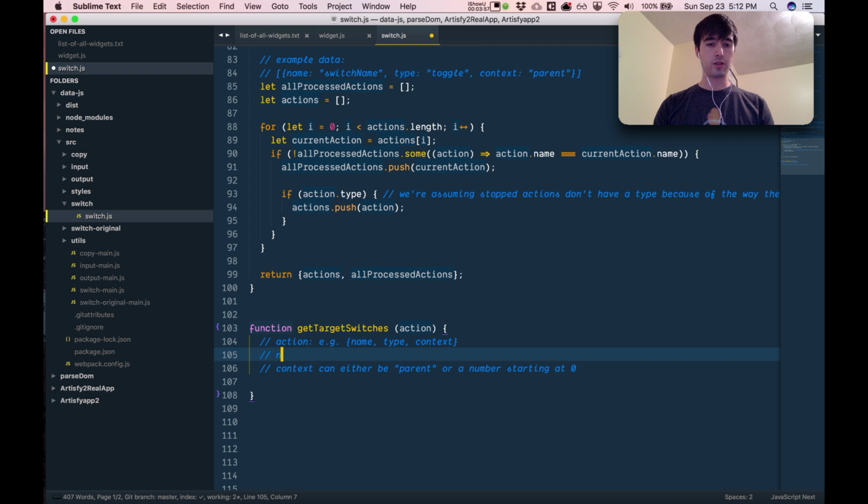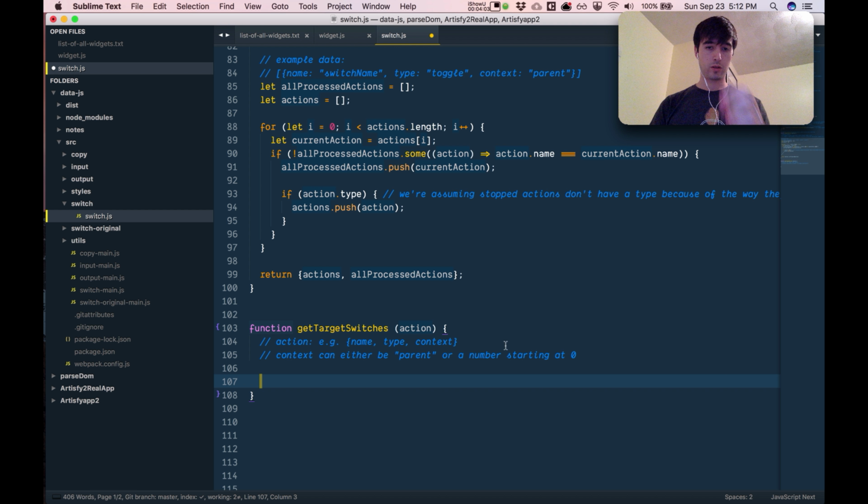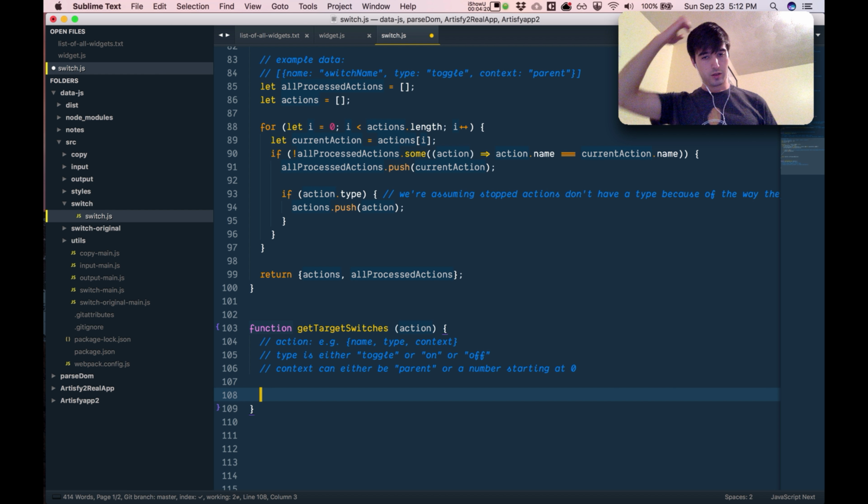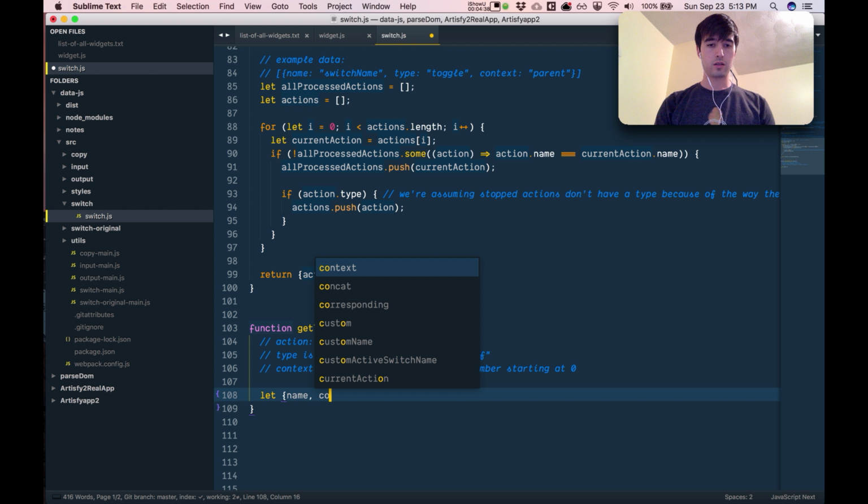I could put like name as a string, but that's something I know. So name and type are strings. Oh, type might be good to have here, just as a reminder. Type is either toggle or on or off. Okay, so now we're going to get the target switches. And I actually only need the context and the name here. I don't really care about the other one. So I'm going to do name and context